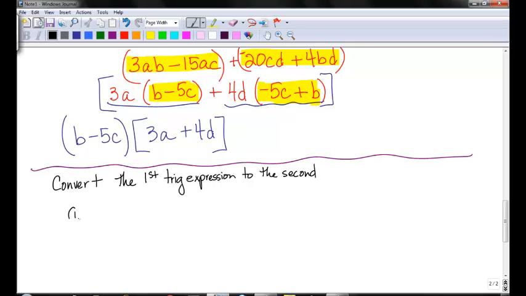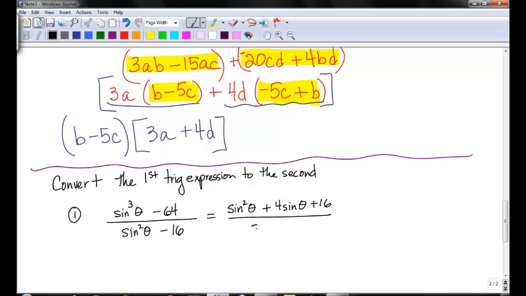Okay, so an example. These are going to be fractions. So up in the numerator, sine cubed theta minus 64. Use the horizontal fraction bars, not the diagonal ones. And it's all over sine squared theta minus 16. The author would have a semicolon right here. I want you to make it an equal sign. Up in the numerator, sine squared theta plus 4 sine of theta plus 16, and it's all over sine of theta